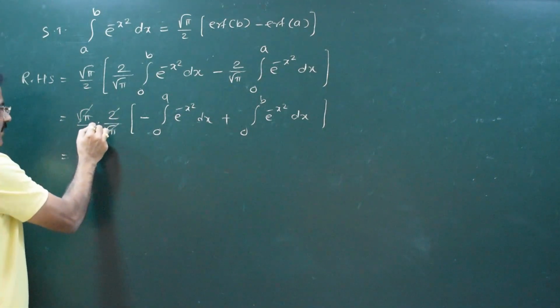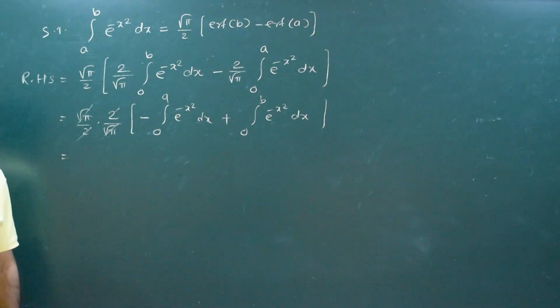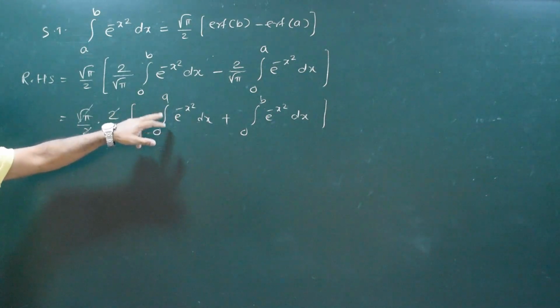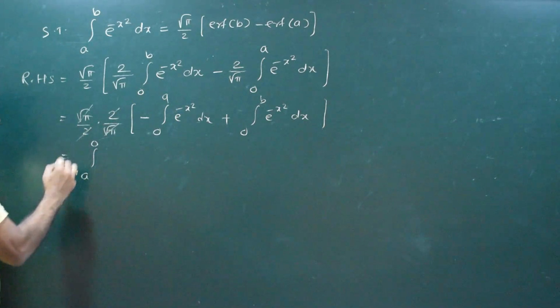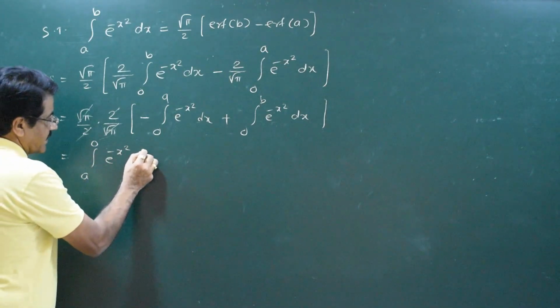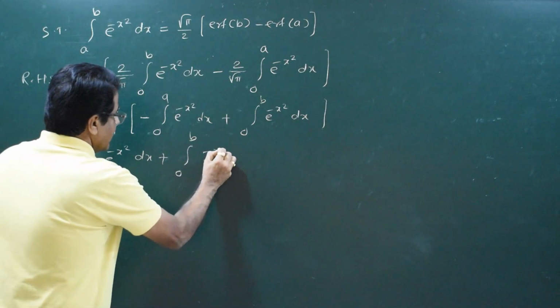root pi and 2 cancel. We are going to use the property of definite integration. We know that whenever we change the sign, limits are interchanged. So I am going to vanish the minus sign by interchanging the limits. So a to 0 e raised to minus x square dx plus integration 0 to b e raised to minus